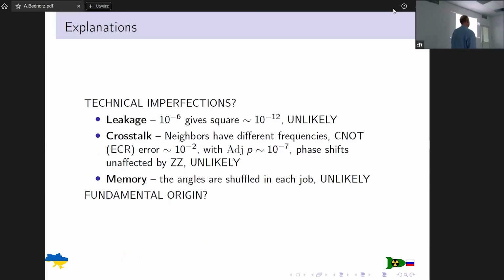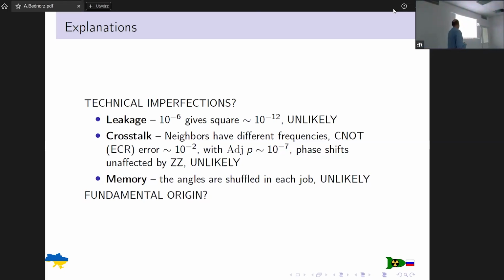And now to summarize. So now the question is, what could be the reason why all these tests somehow failed? The first one is when I talk to people, they say, okay, but there is a leakage. Leakage. What does it mean, leakage? If you have states 0 and 1, you probably have states 2, 3, and so on. Also, if you have one qubit, it's probably another qubit nearby. It can also take some information.